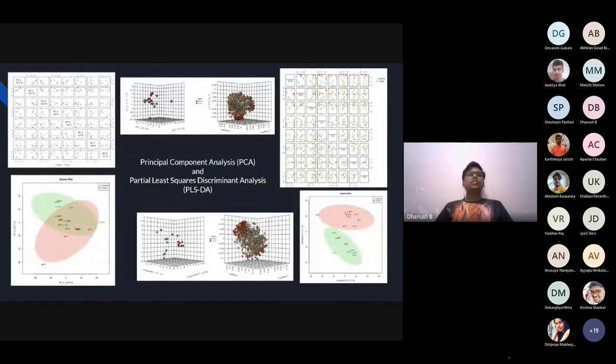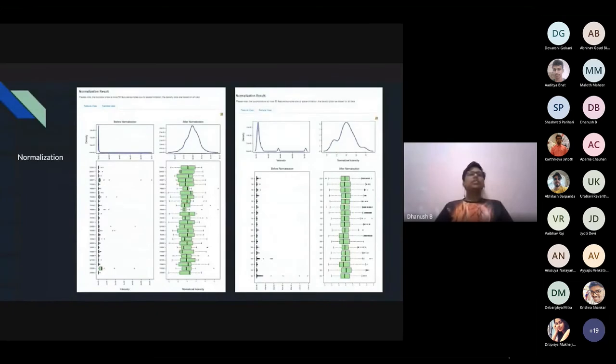Then this normalized data was analyzed by principal component analysis and partial least square discriminant analysis, which gave sample 6 and sample 17 from tumor and control respectively as outliers. So for further analysis, these samples were removed, and the parameters were set to normalization by the median, square root transformation and auto scaling, as it gave a good Gaussian curve compared to others, which gave a narrow peak.